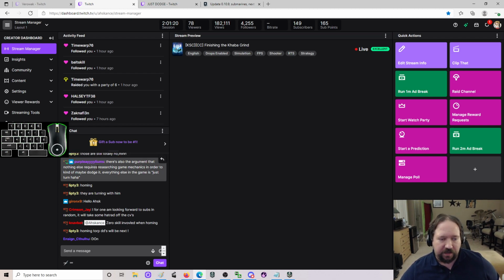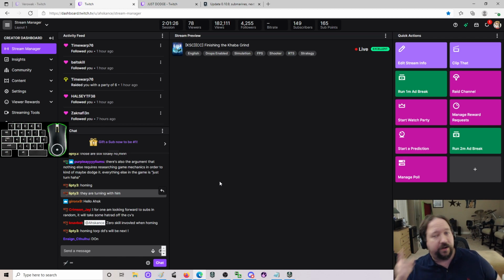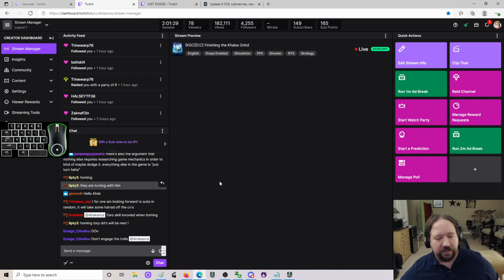Because, honestly, how do you counter a CV if you don't research it? How do you understand the rocket pattern? Granted, there's machine gun fire now to tell you where the rockets are going to go. But if you don't know...